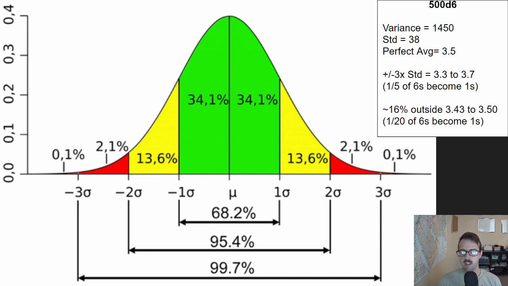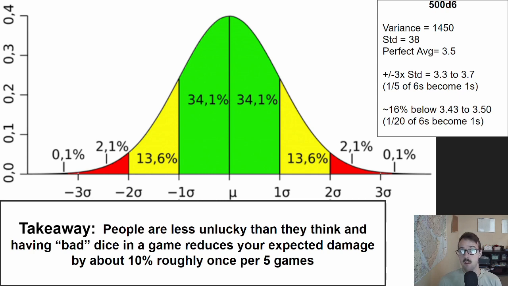So that is kind of what you can expect about how unlucky you'll get at a single GT. So the takeaway from that is that people are less unlucky than they think, and having a bad dice in a game will reduce your expected damage by about 10%, roughly once per 5 games. It's about 10% because hitting 5% less and wounding 5% less, you multiply those together, and it's about 10% less damage. So you expect to have that happen once in every single GT you go to,